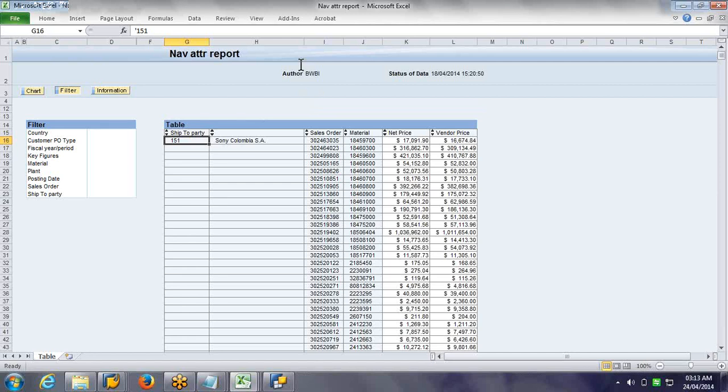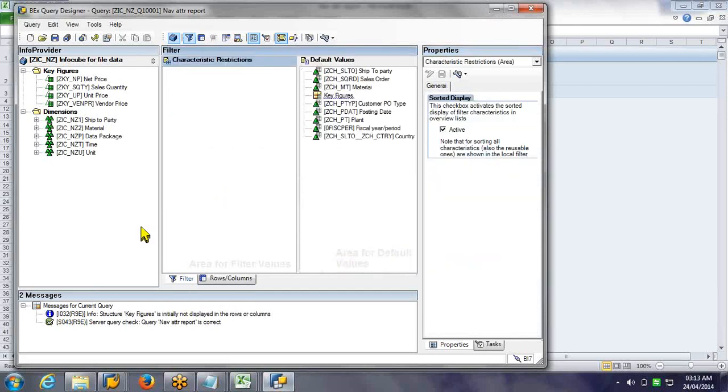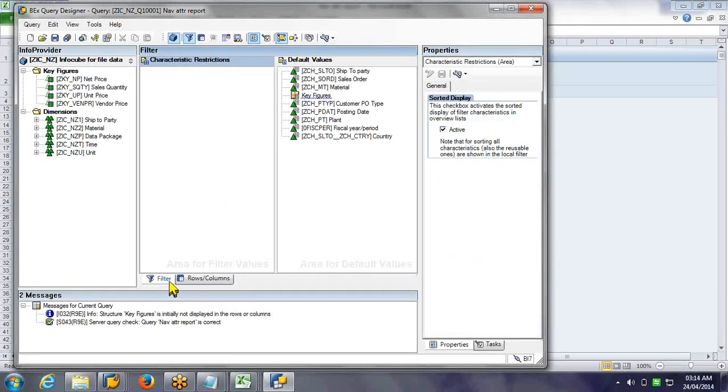I can filter it, right? There was a filter. Yeah, that's what we have to do. Now we are in the filter tab only, but it is showing all the default values, so right now it is not filtered.